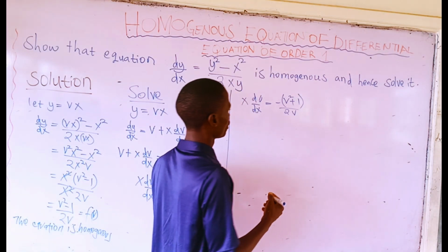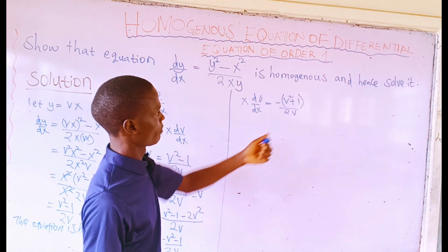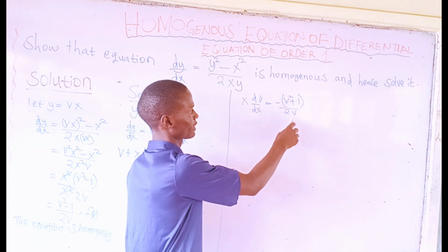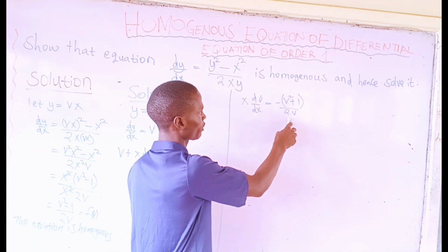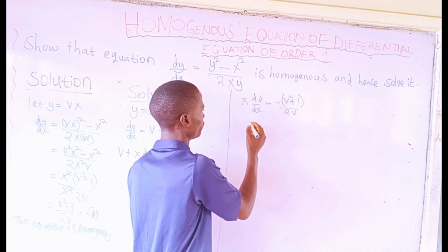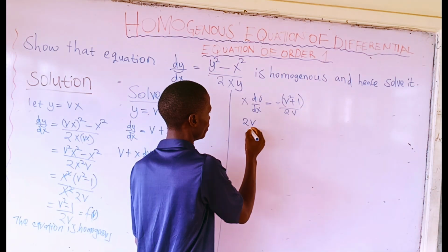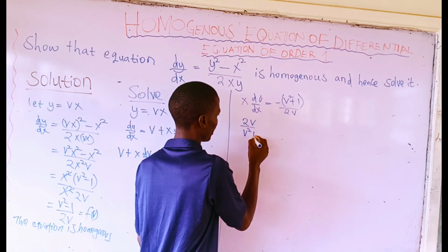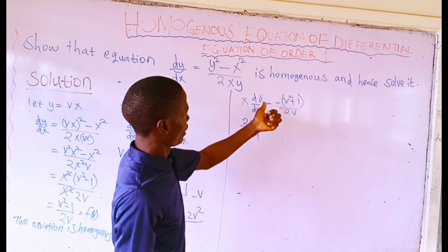The next step, we are going to separate the variables v and x. To separate them, we are going to find the reciprocal of this function, which will give you 2v over v squared plus 1, and we write dv